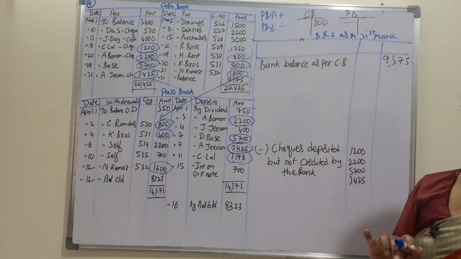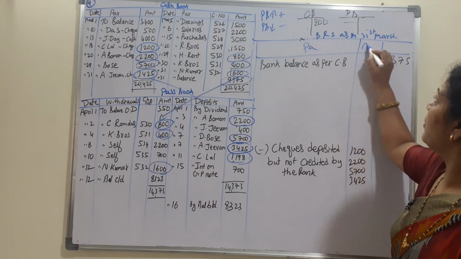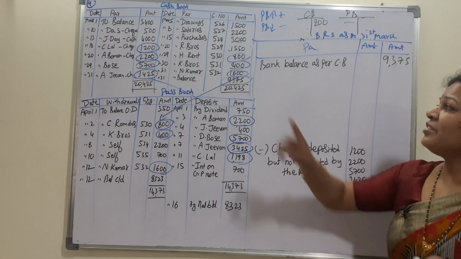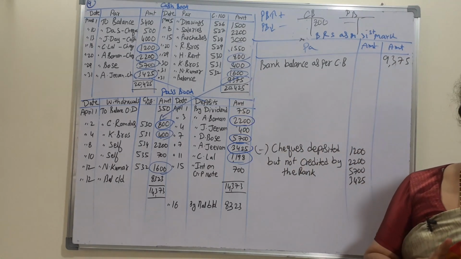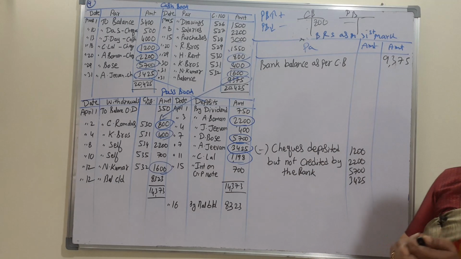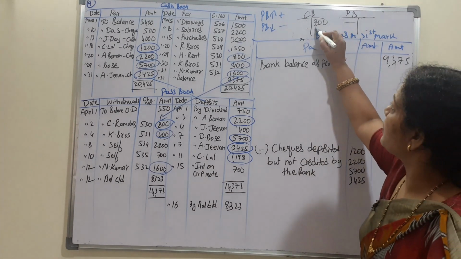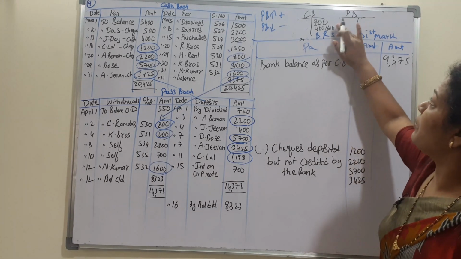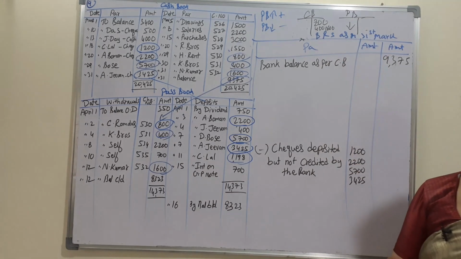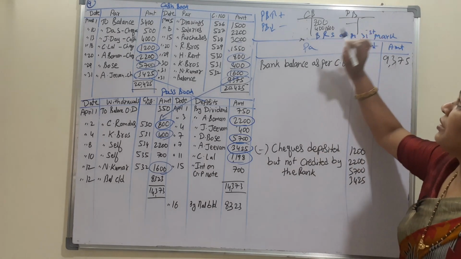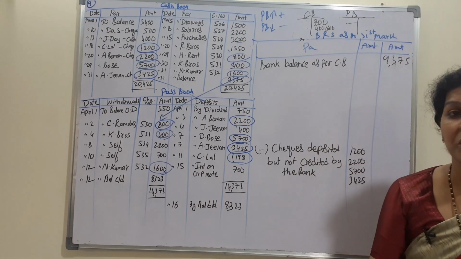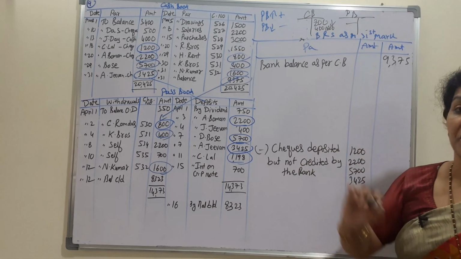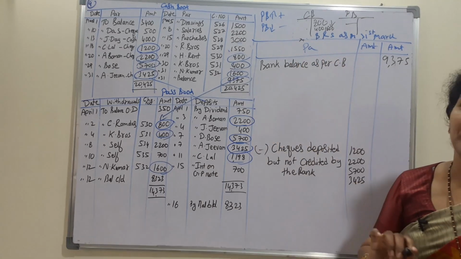So by this period, you know the columns, na, particulars, amount, amount. By this period, these 3 checks we have issued, not presented by March month. So 800, 400 and 1600. 3 checks we have issued but not presented for payment. In passbook there is no entry. In cash book we have issued, so there is an entry on the payment side. Payment side means cash book is decreasing.